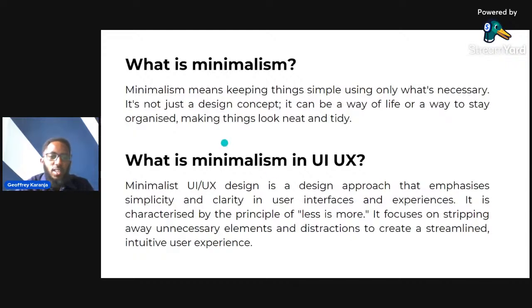So we can say that minimalism, from the perspective of design in UI/UX, originated from physical manifestation, like in arts, paintings. We can see architecture,